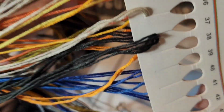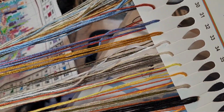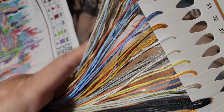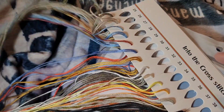I have not put it on floss drops yet. I'm just going to pull from off this floss drop card, and I will move these two floss drops, because I can't stand it like this. And the color I'm going to work on,